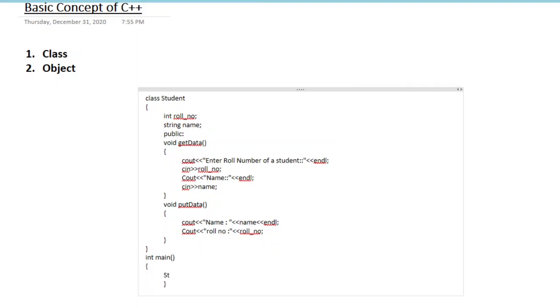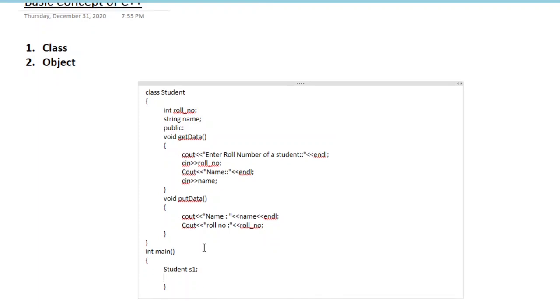Then as we declared int, similarly we will define the object like student, the name of the class, then s1, and that's it. And then we will access get data and put data.